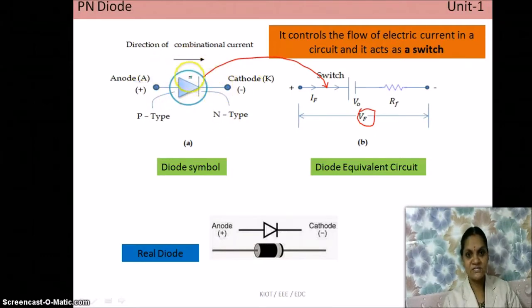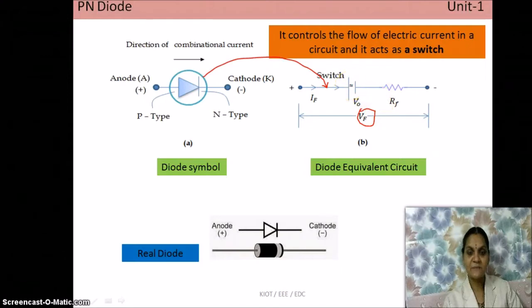When you convert this diode to its equivalent circuit, it will be like this. As I already informed in the previous video, as soon as a depletion layer is created, it acts as an insulating layer. It does not permit further movement of charge carriers across the junction. It acts as a resistive layer or barrier layer, and that layer is represented by the resistance R suffix F. F stands for forward resistance.